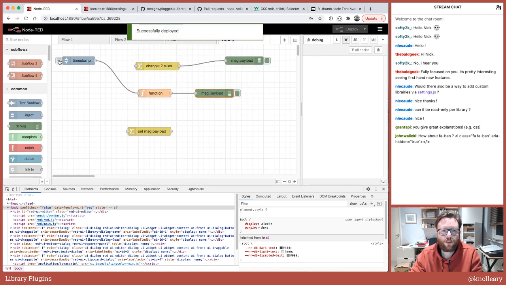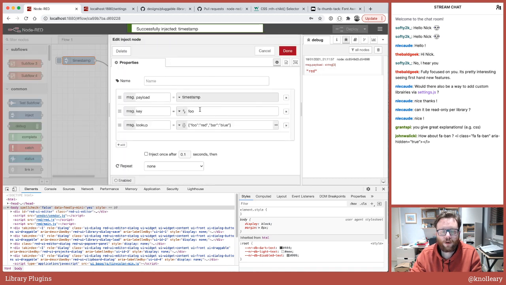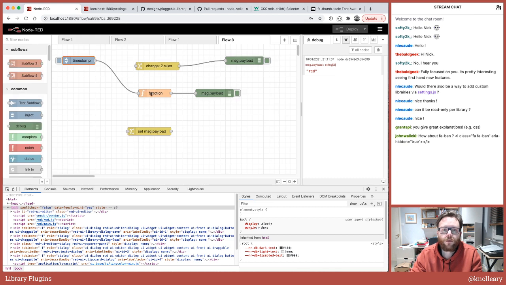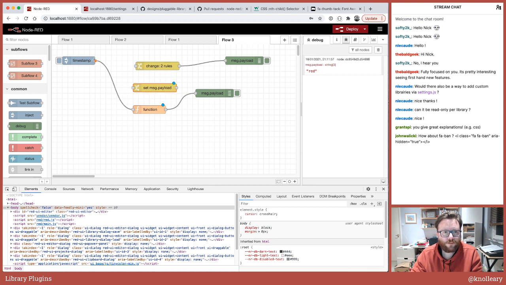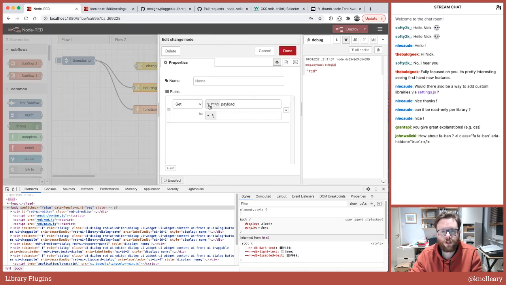So when I inject that, there you go. We get red, because I injected, just to repeat, a key of foo and it's done the lookup, and the corresponding value for foo is red. Now, it's a shame to fall back to the function node to do that when we have a change node. So surely, some people ask, it must be possible to do that with a change node. And well, yes, you can fall back to an expression, and I think what you end up with is $lookup